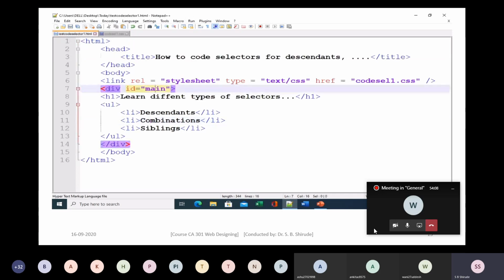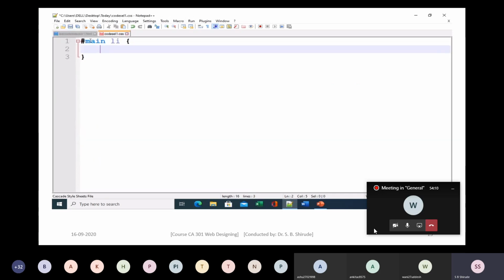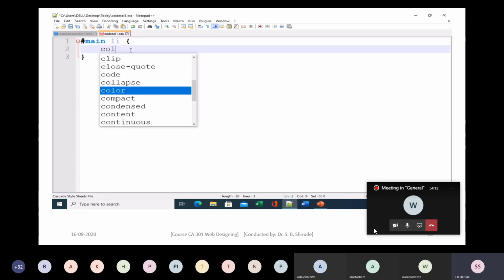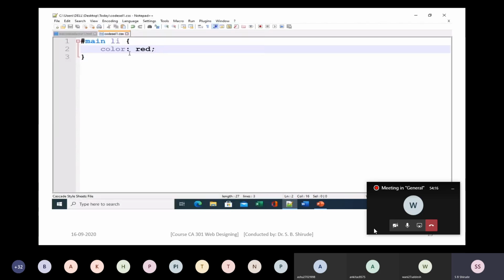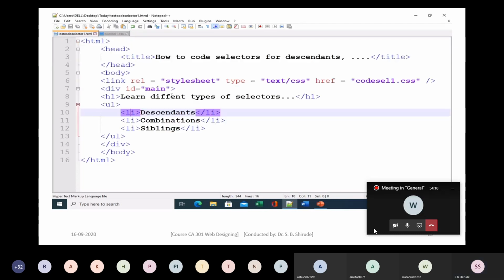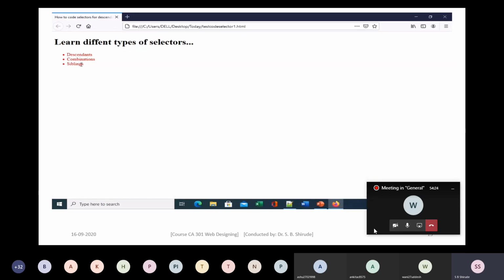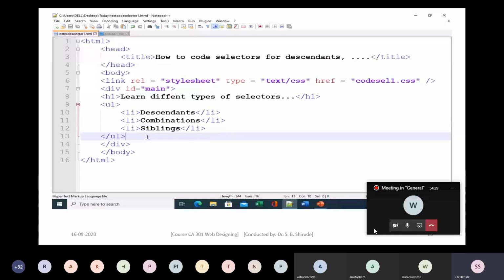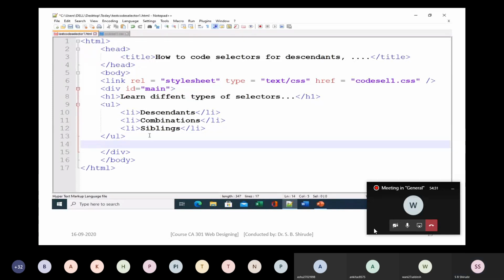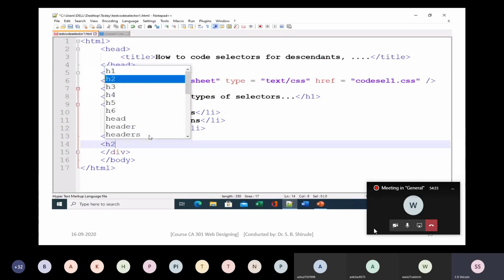You can see in div you have a ul and in ul you have a li. So hash main li color red. All these LIs, descendants, combinations and siblings, will be in red color. You can see all those are in red color. So this way we have implemented descendants.